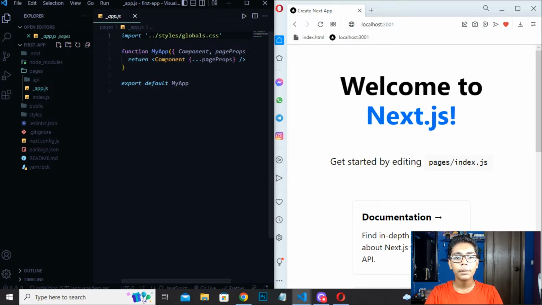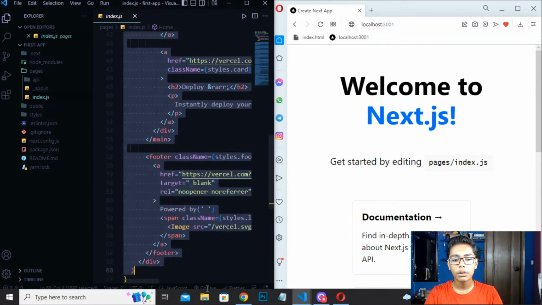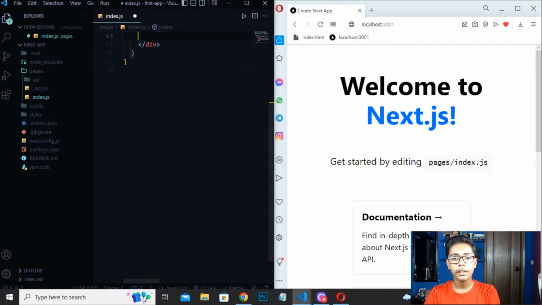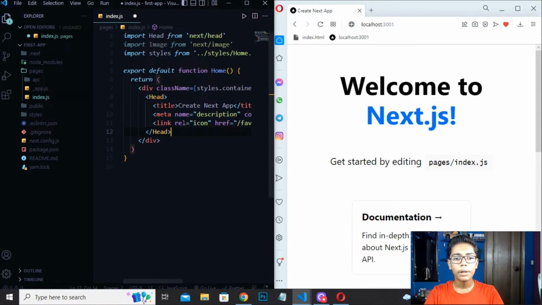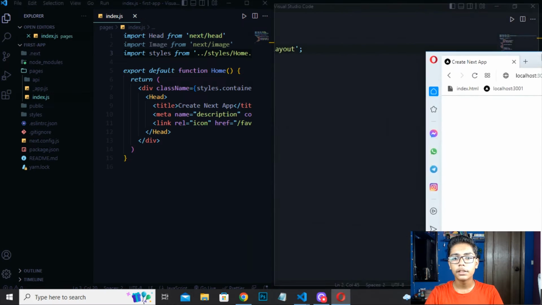Now I will be opening my app.js, going to the index.js file and erasing all the things. Just do not erase this title and this head tag. I'll be erasing all this main class or documentation which is written here. You can erase this div tag also, but I will tell you when. Remember, you have to copy this import head tag which is written here, copy and save it. Now you can see all the things have been erased and there is nothing written here.